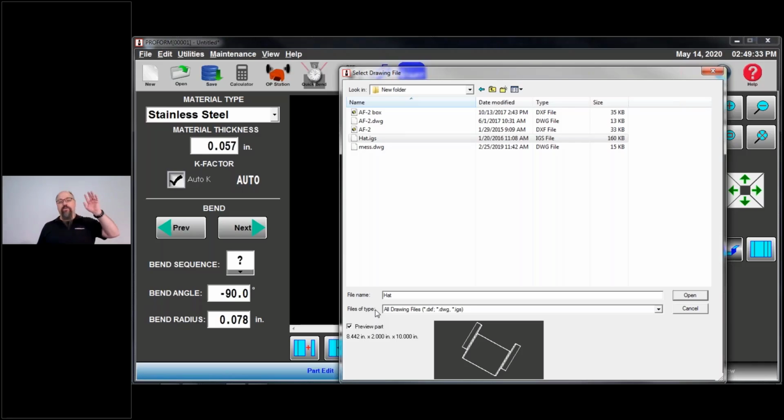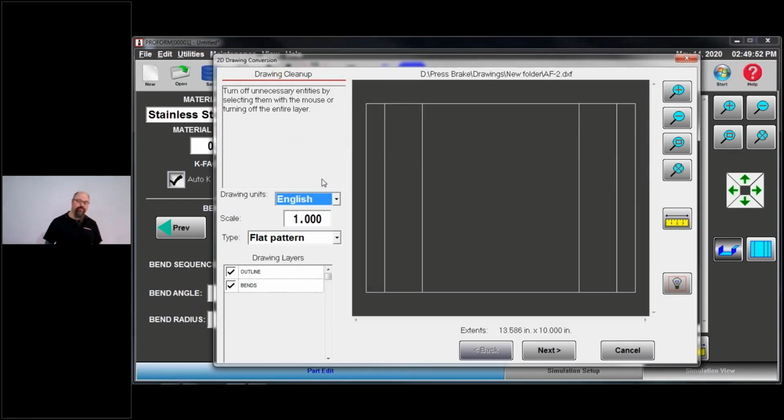Whatever my design software is, I'm going to go back there and look at that first, or I can turn off the preview, select the drawing. You just won't be able to see it before you open it. Okay. But I'm just saying that preview part can cause issues. So I click open, and there is my flat pattern.